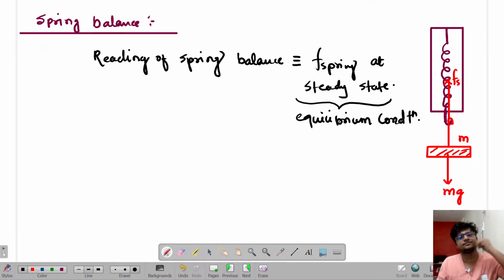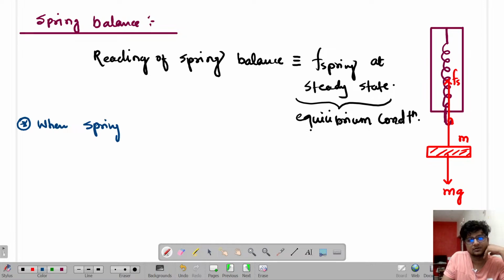Tell me, yes or no? What is my reading of the spring balance? It should be the force present during which state of the body? Equilibrium state of the body. Now, let's suppose I take some example. The idea is that, let's suppose I attach this spring balance between two blocks or an inclined plane or something like that. So, second point I'll write: